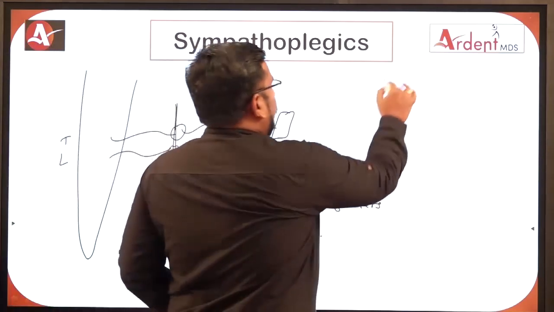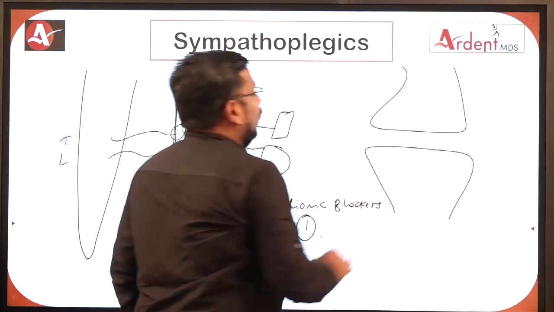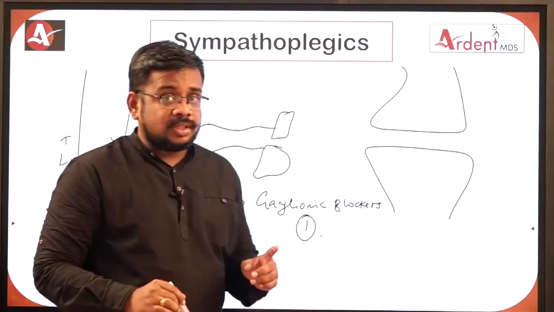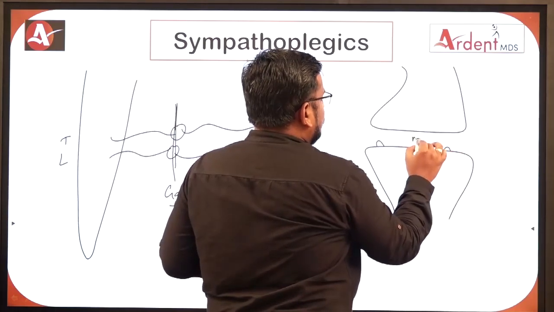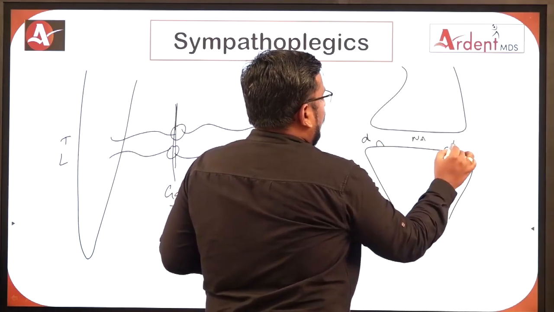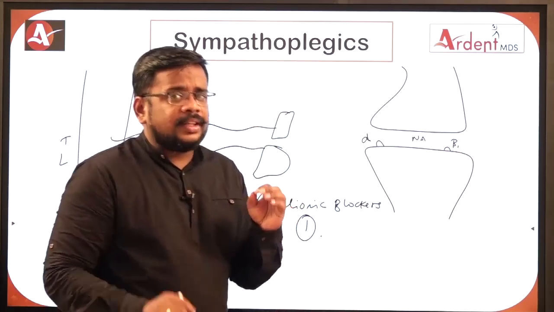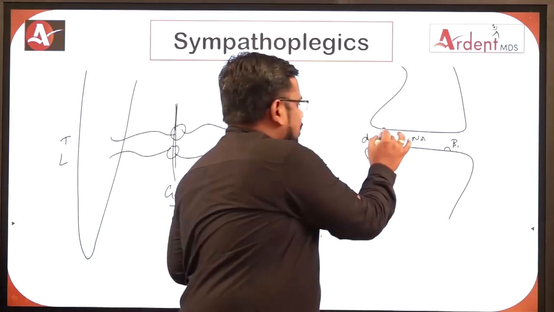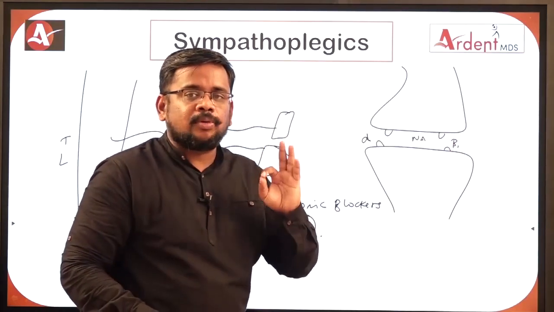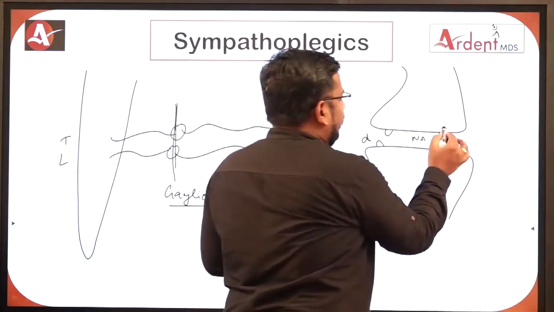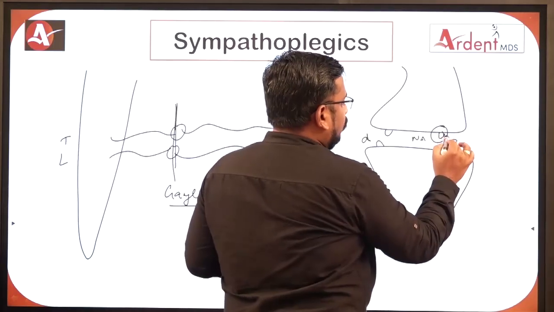Second way. The important neurotransmitter of the sympathetic system is noradrenaline, and along with it adrenaline also. But the major one is noradrenaline. The noradrenaline which is released in the synapse acts mainly on alpha 1 or beta 1 receptors, but there are a few receptors present here, which are called presynaptic receptors. This is very important. I explained this very well in my ANS video, so if you want more clarity, just go there and read about what is presynaptic.